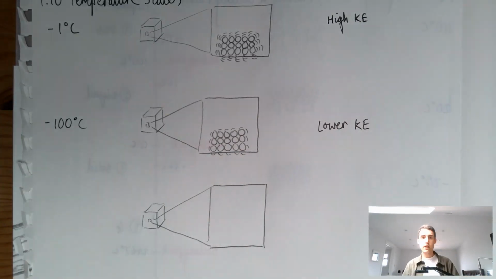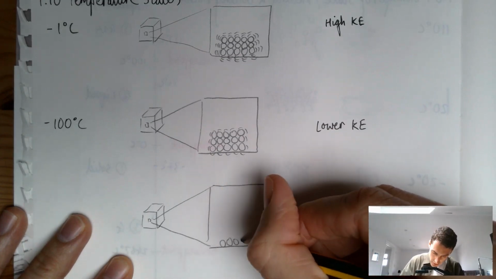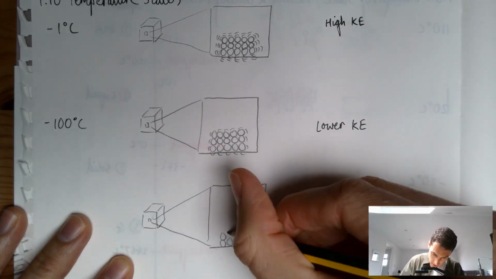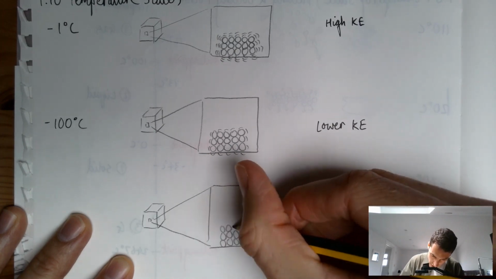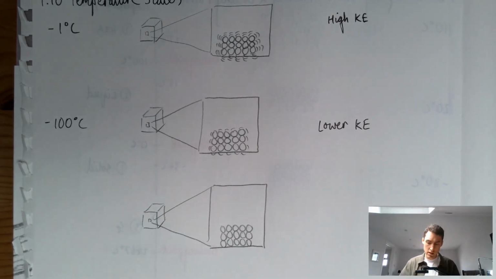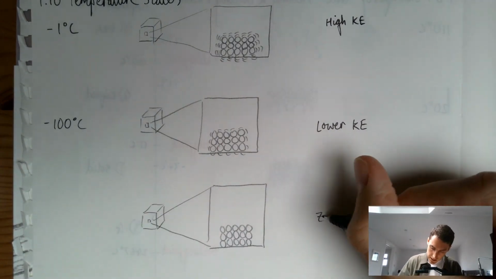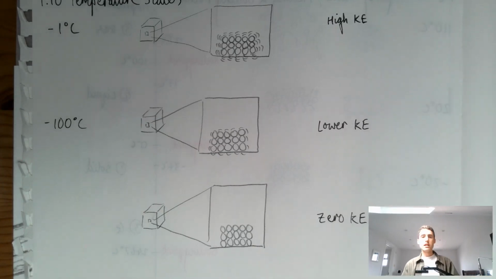Because hopefully what they'll recognise is, if you were to cool this ice cube enough, then you would reach a temperature at which the kinetic energy got lower and lower and lower and lower until those particles had 0 kinetic energy. Now I really like doing this one because